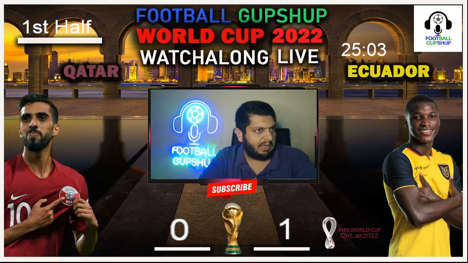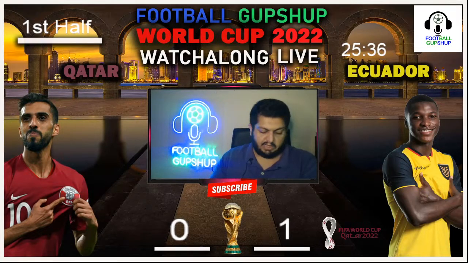Right now, once again, Ecuador with the ball, trying to push the ball back. And let's see, this is going to be interesting. Right now, Ecuador on the ball, trying to push the ball forward. Comes into Qatar right there. And once again, they're trying their best to win the ball, trying to push the ball forward. It is Ecuador on the ball. You can clearly see once again they're trying to push the ball forward. It is with Ecuador right now. And this is going to be interesting.